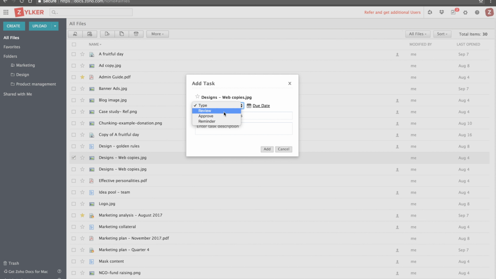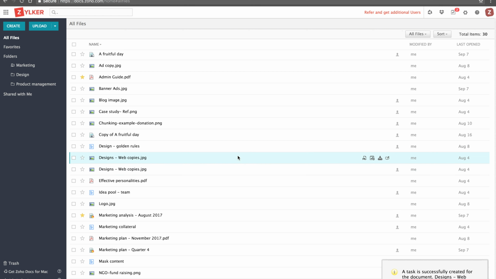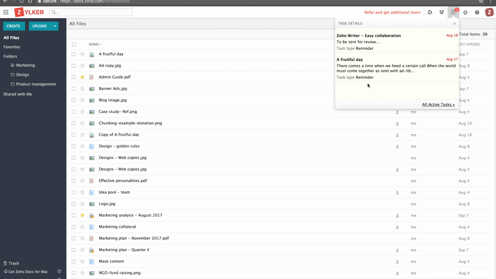Now once you select any option, you can enter an email ID of your colleague to whomever you want to assign the task to. And once you're done with that, just enter a short description about what the task is about. Click on the due date to let them know when the task has to be completed by, and click on add. Once you're done doing this, you will see all your tasks listed over here like this.